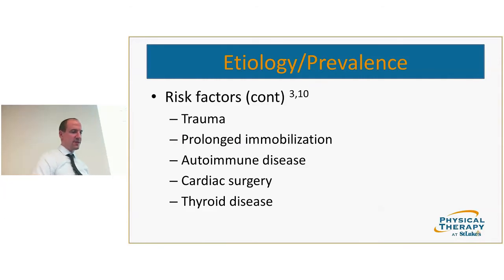Some other risk factors will be trauma. So obviously if they fall, if they have a fracture, if they have a muscle tear, if they have a soft tissue injury, you start that inflammation, that can certainly sit in there and then cause them some problems down the road. If they had surgery, or if they have to have their arm in a sling or a cast, that can certainly play into it. Autoimmune disease. Cardiac surgery was also known. That was kind of one that was a little bit new for me, but we have had a patient that